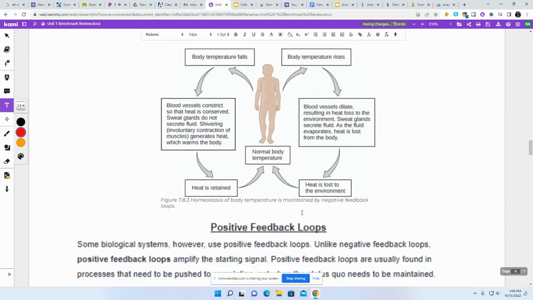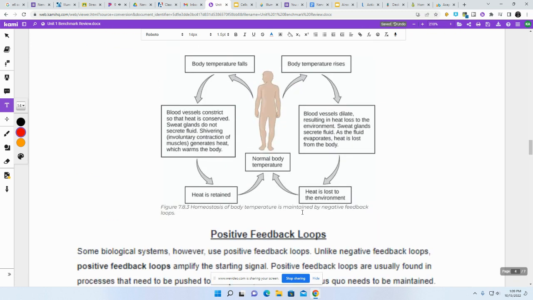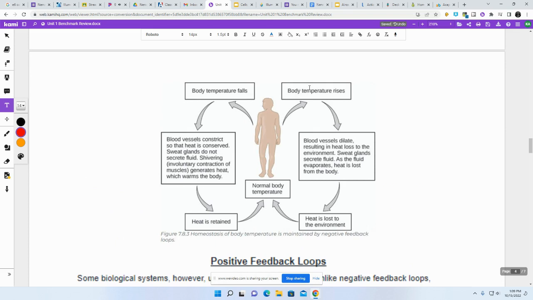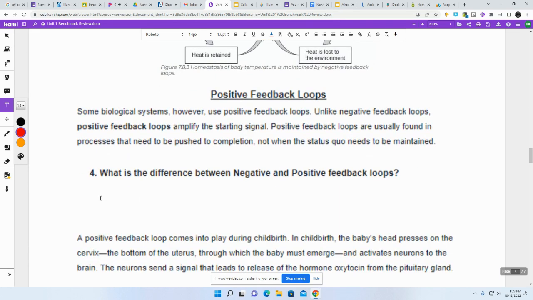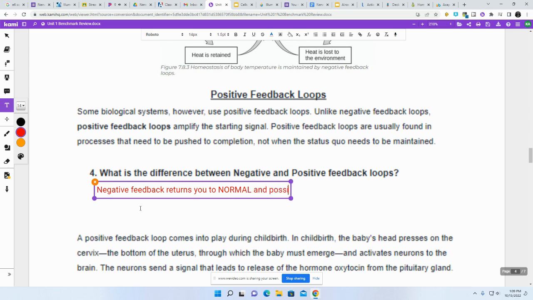Let's see, is it going positive? No, it's not. Okay, positive feedback. All right, so here's your picture of negative feedback. Body temperature goes up, hey, it cools you off. Body temperature goes down, and it heats you up. Positive feedback is the opposite. So negative feedback returns you to normal. And positive feedback,